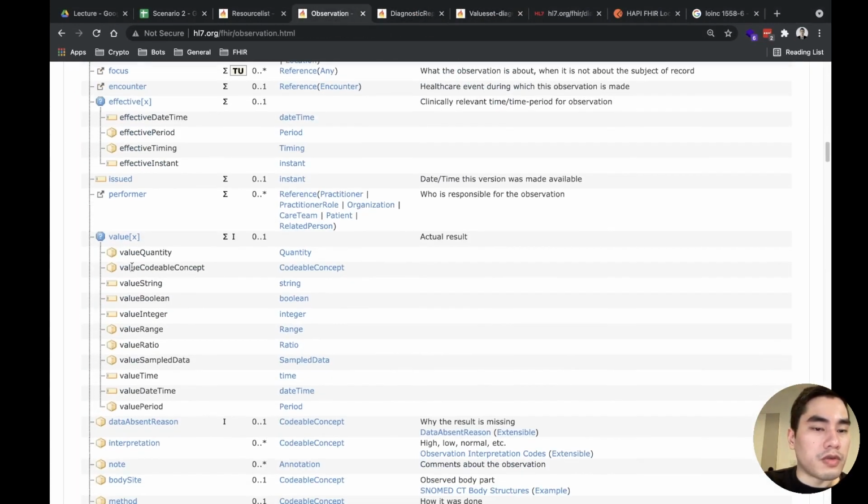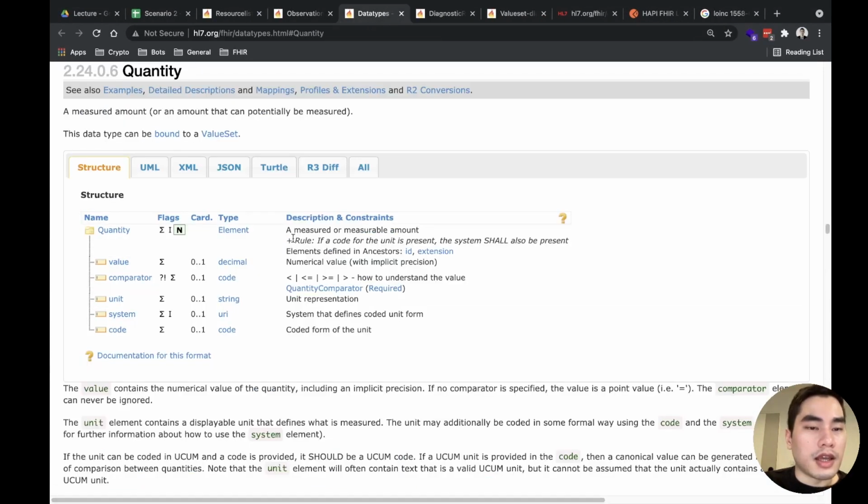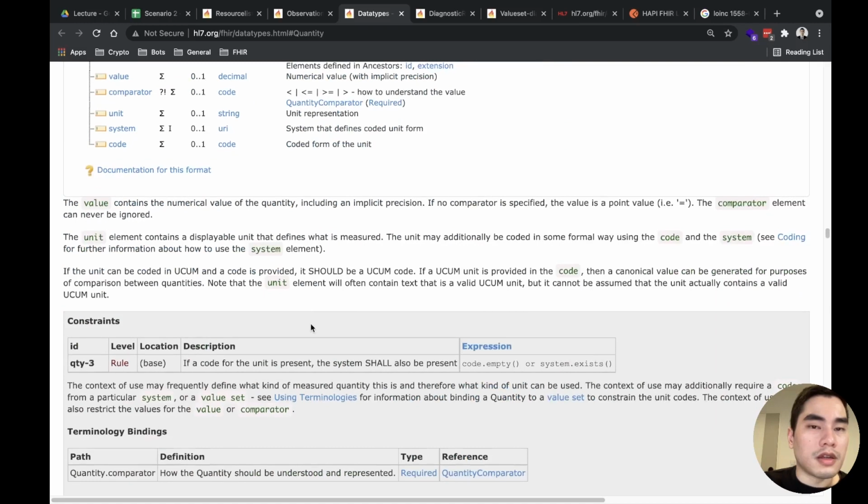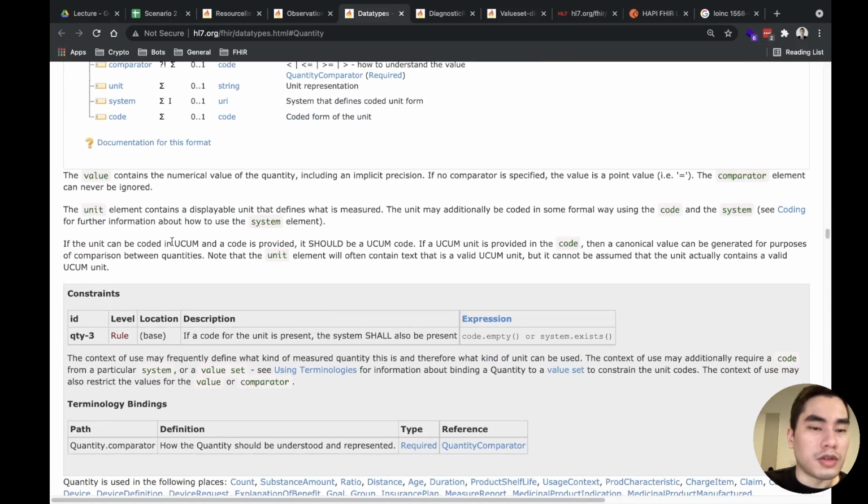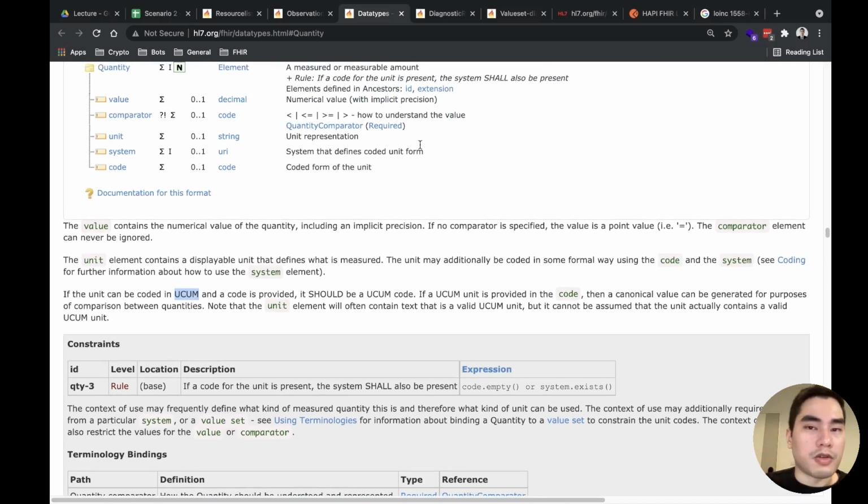If you use value quantity, the data type is Quantity, and this data type has this structure, value and unit. And in the unit, you have to specify what the system of unit is. In general, FHIR uses UCUM, the Unified Code for Units of Measure, as the unit for things like quantity.